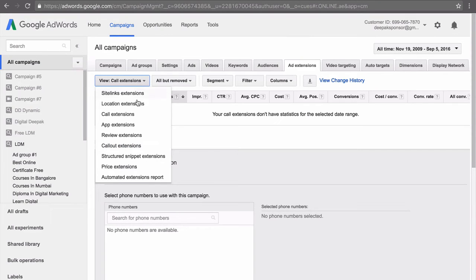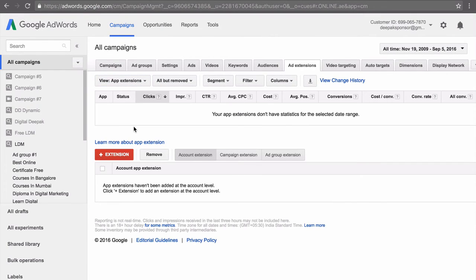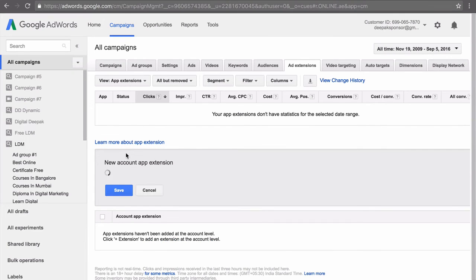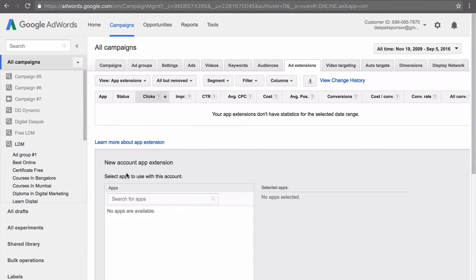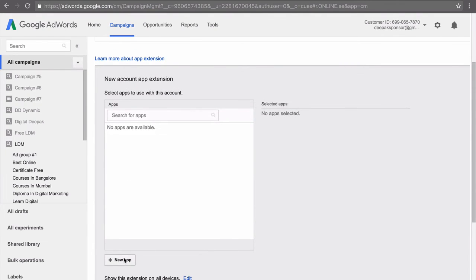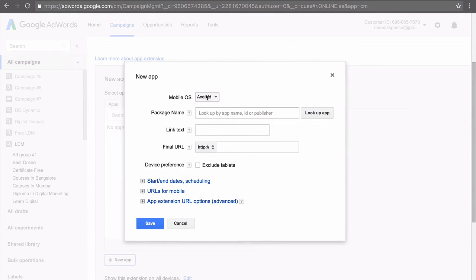The next type of extension is app extension. You just need to include the link to the app along with the ad. So I am just clicking on add extension. Click on add new app. If it is an Android app, you can look it up here.